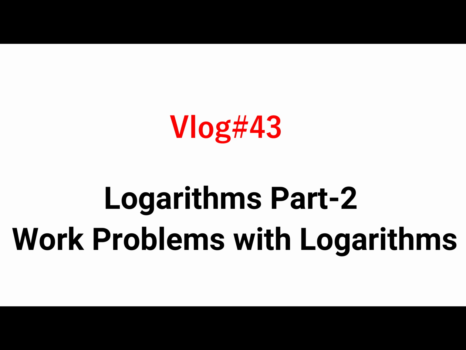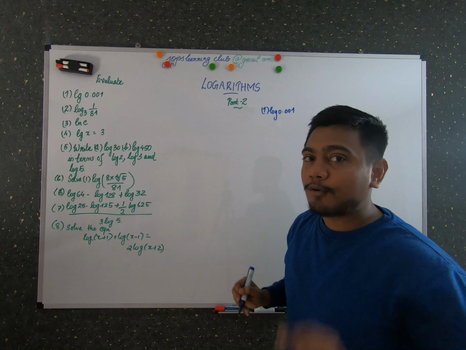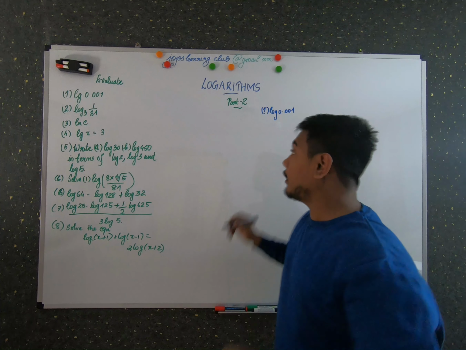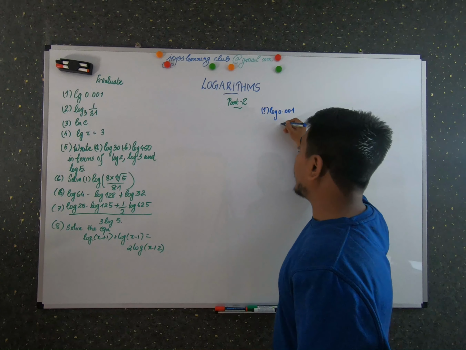What is the first problem saying? Log of 0.001, right? So what was the formula for finding the logarithms? If a number y is in the form a raised to x, then x is the logarithm of y to the base of a, right? Similarly, now we are going to change this problem this way. So x is equal to lg. lg is the abbreviation for log to the base of 10, right? So you can write this as log 10